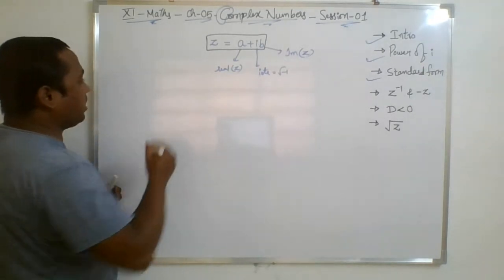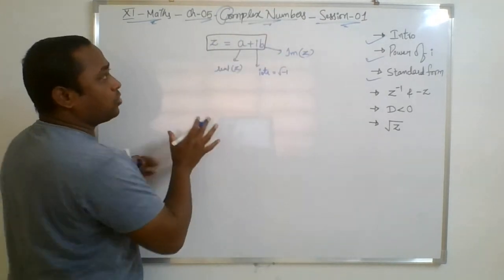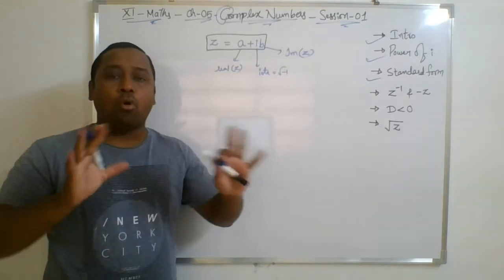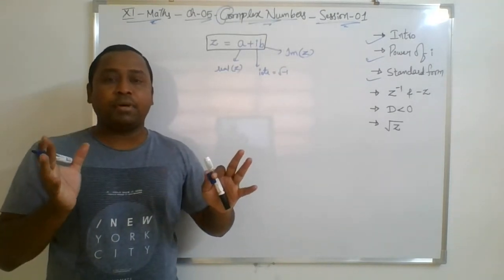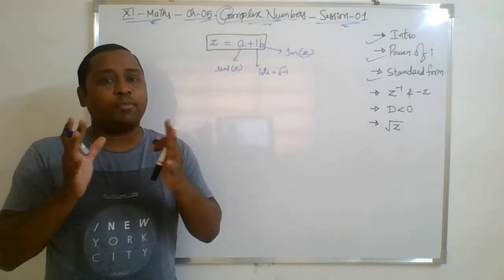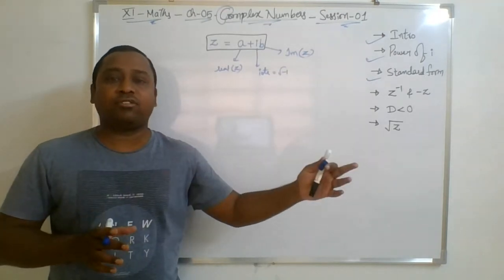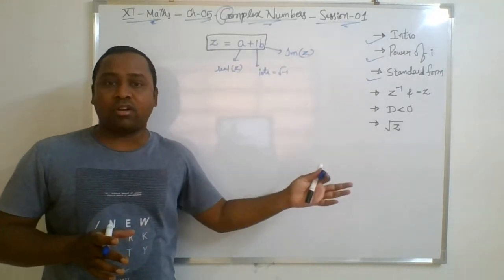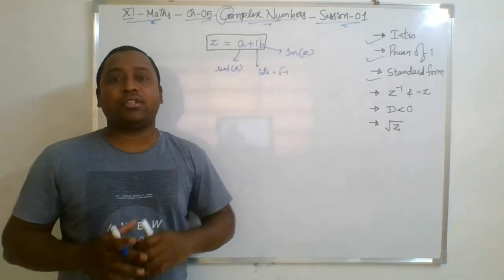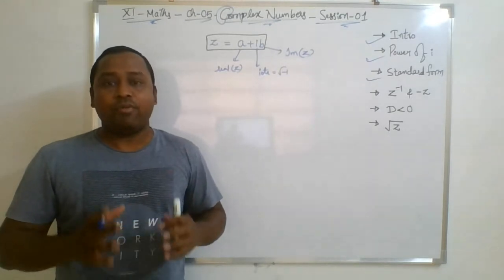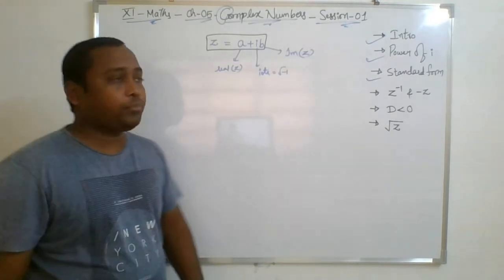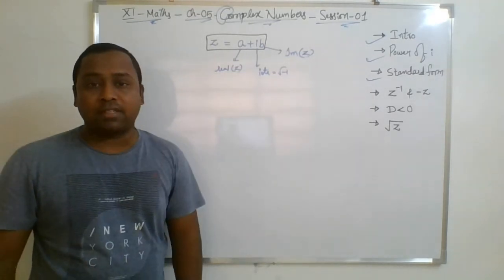So now I can write many examples of complex numbers. Basically when we are dealing with complex numbers, we are dealing with both types of numbers, the real number system and the imaginary number system. Till 10th standard we were studying real numbers, and thereafter we are extending our knowledge to what is not real, which we call imaginary numbers, and their combination is called complex numbers, which is always written in the form a plus ib.